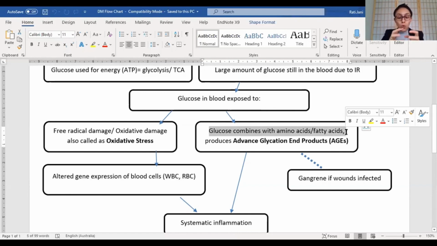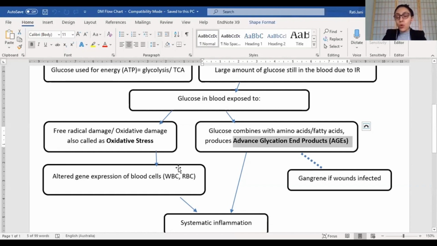Okay, now glucose combining with protein or fat molecules, this is called advanced glycation end products, AGEs. Some of the students ask me, is it okay to just write AGEs in your exams? No. You need to write the exact terminology. All right, so as I said, this unit is heavily